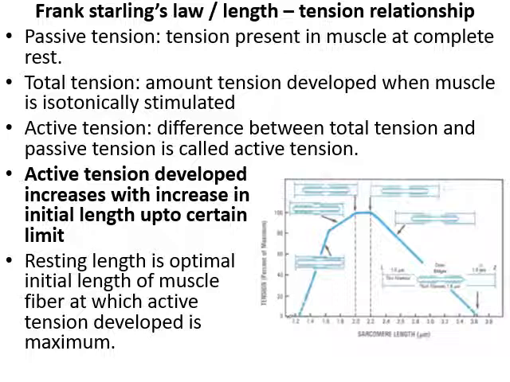Now beyond this optimal resting length at which maximum tension was developed, what was observed was that there was least interaction. Here you can see there is no interaction between the myosin and the actin, because they are very much far off. As they are very much far off, there is no possibility of development of tension. So tension was falling down as the initial length of the sarcomere was increasing beyond certain limits.